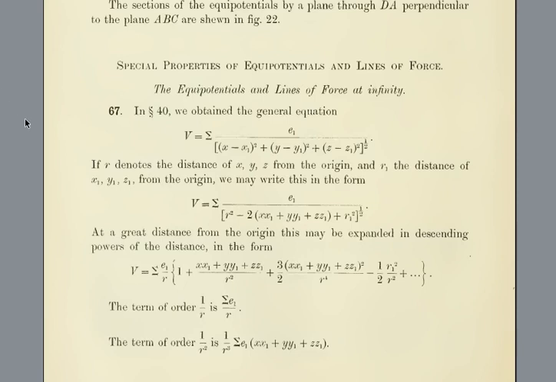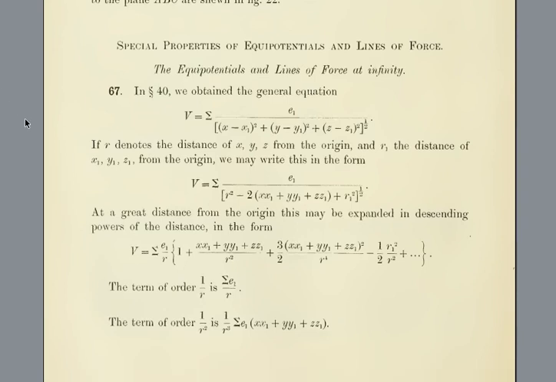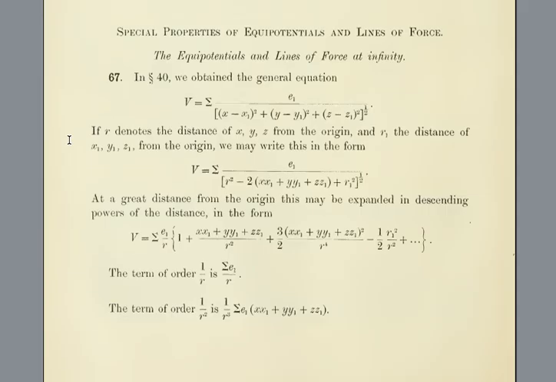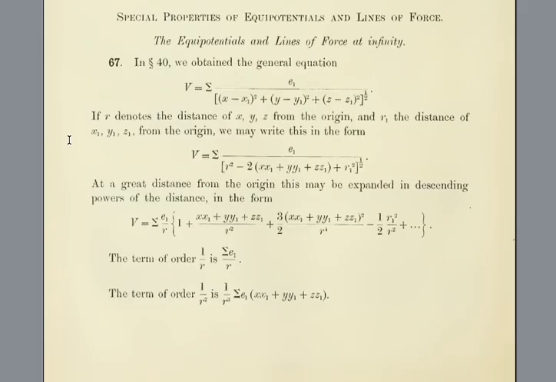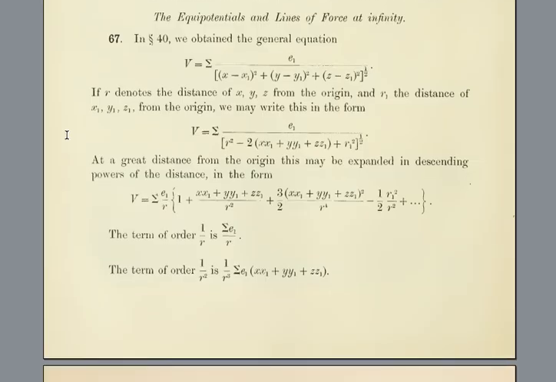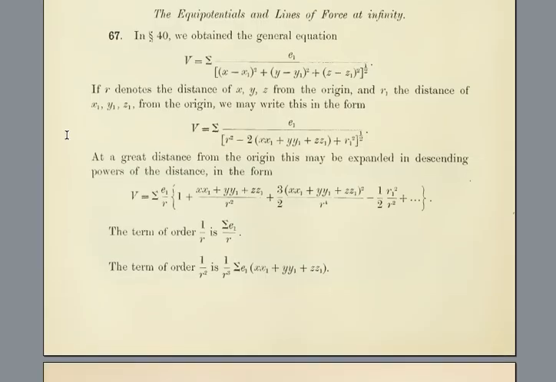67th. In an earlier section, we obtained the general equation for the potential. Potential equals sum of charges divided by the square root of the sum of the squares of the differences in coordinates. If r denotes the distance of the point x, y, z from the origin, and r sub i the distance of the charge e sub i at coordinates x sub i, y sub i, z sub i from the origin, we may write this in the form potential equals sum of charges divided by the square root of r